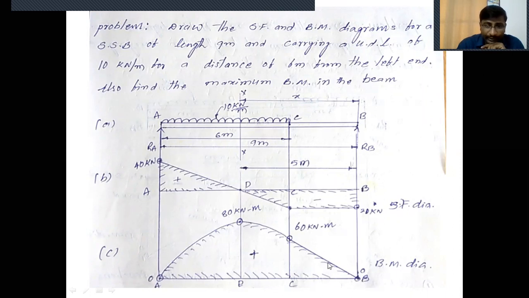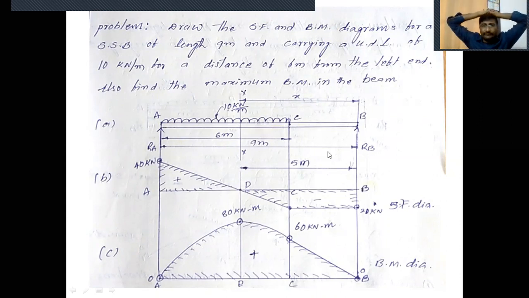Join 60 and 0 by a straight line. Then from 60 to 0, you have to draw the parabolic curve because the UDL is acting between A and C. Due to that UDL, you have to draw the parabolic curve between A and C. From 60, extend up to 80 with a parabolic curve and then a parabolic curve up to 0. Like this, you have to draw the parabolic curve between A, D, C, and then an inclined straight line. Close it and locate the plus marks because positive bending moment develops on the beam. Like this, you have to draw the bending moment diagram for the given special case problem.